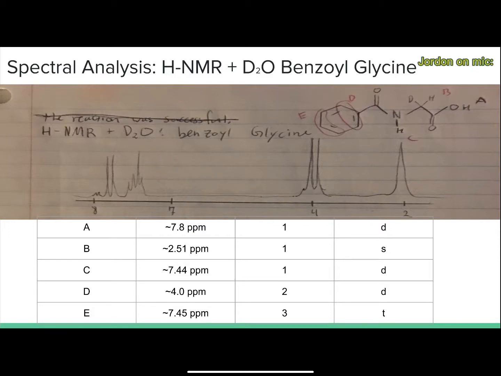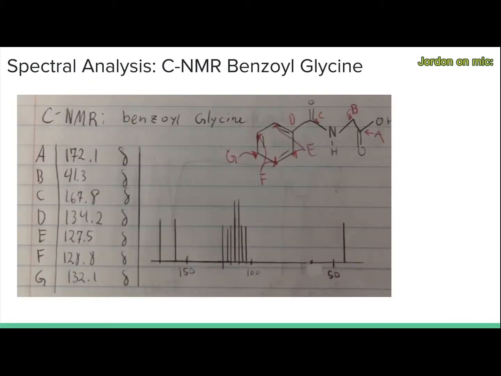D at 4.0 ppm, integrating for 2 and is a doublet. And E at 7.4 ppm, integrating for 3 and is a triplet. In the carbon NMR for benzoyl glycine, we have 7 peaks, beginning at A at 172 ppm, B at 41 ppm, C at 167 ppm, D at 143 ppm, E at 127 ppm, F at 128 ppm, and G at